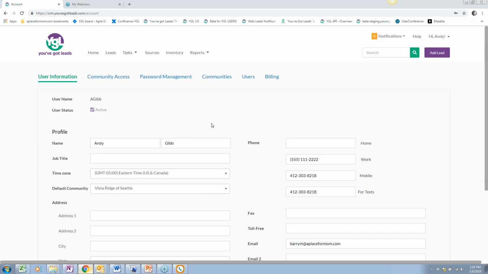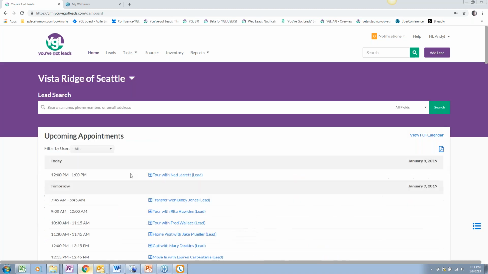Perhaps your last name has changed or something and you need to update that. And that can be done in user information. All right, so let's go back to dashboard and home and take a look at some of these items right